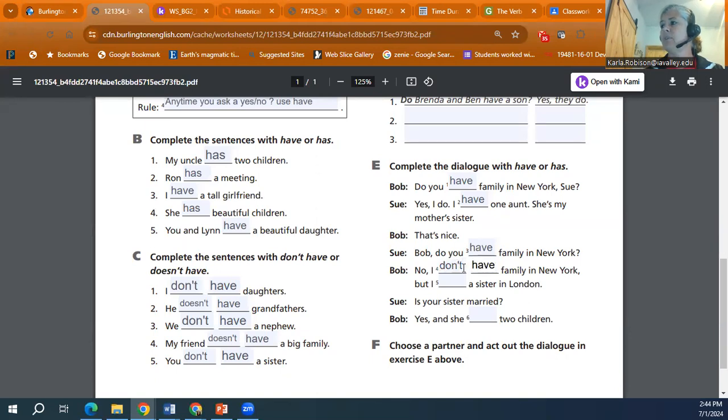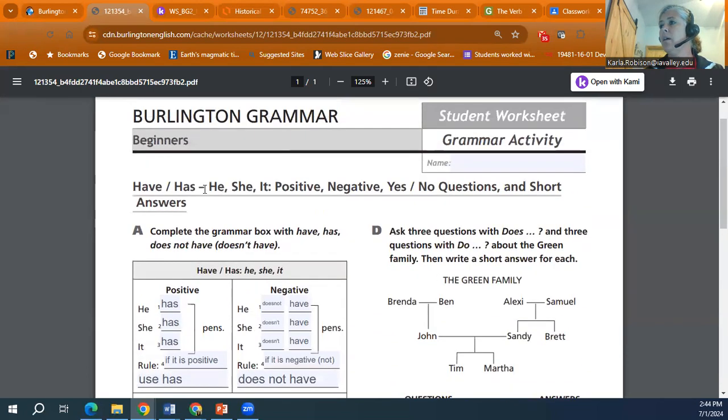I don't have family in New York. But since we're using the pronoun I, we're going to use the verb have. I have a sister in London. And Sue asks, is your sister married? And Bob says, yes. And she, so now I have the pronoun she. Since I have that pronoun she, we're going to use has. She has 2 children. Okay, so that is the beginner part of the Burlington grammar, using have or has with